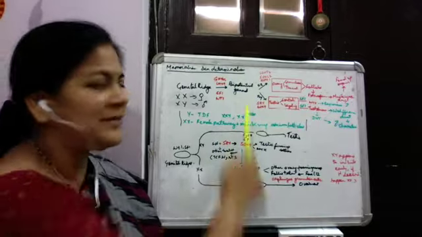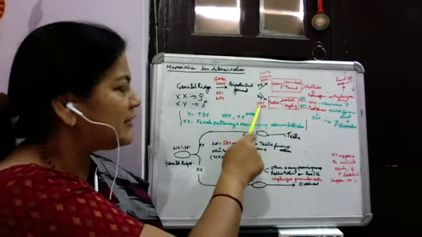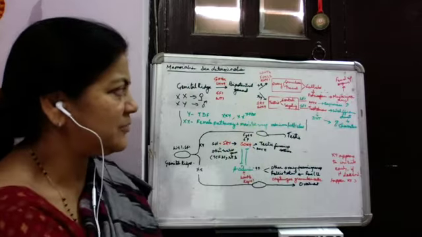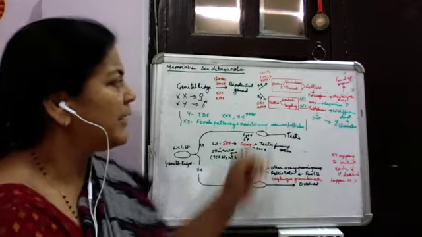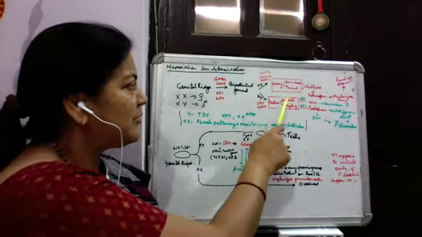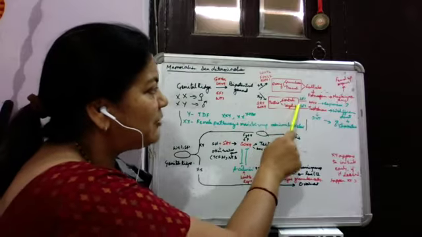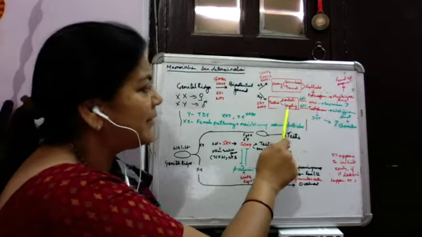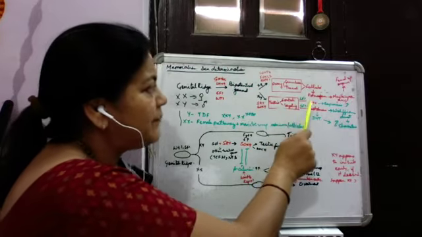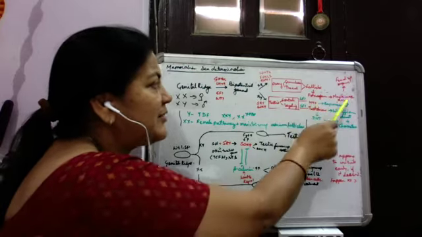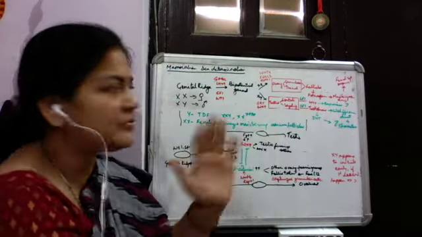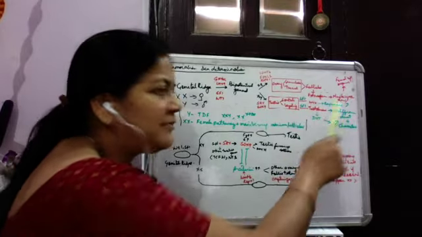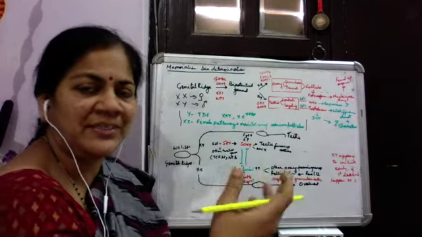On the other hand, if it's XY, then SRY and SOX9 are expressed. These two are very important genes required for the male pathway. The testes develop into the Sertoli cells and the Leydig cells. Under the influence of SF1, the Sertoli cell secretes anti-Mullerian hormone, that's AMH, and the Leydig cell secretes testosterone. The anti-Mullerian hormone regresses the Mullerian duct so that the Mullerian pathway is stopped, and the testosterone acts upon the Wolffian duct, which allows the formation of the testicular